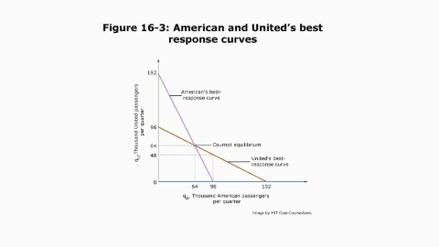As I steal your business, you are going to have to move up your best response curve. Because your residual demand is shrinking. And you'll only reach equilibrium when you're both happy with the outcome. If only one firm's happy with the outcome, the other firm can always change its behavior, raise its price up or down or its quantity up or down to change the market share and change the outcome. So equilibrium will only be where you're on both firms' best response curves, where they intersect.